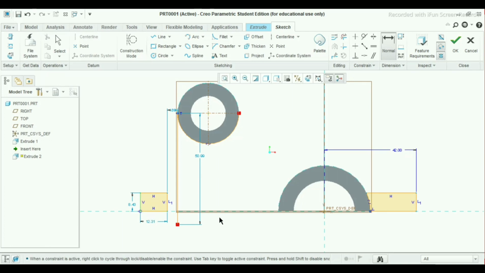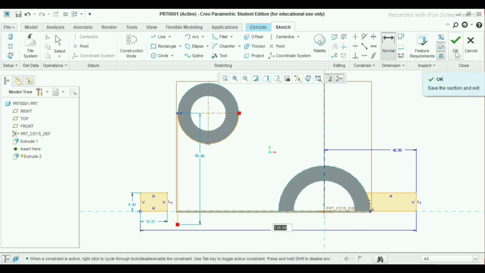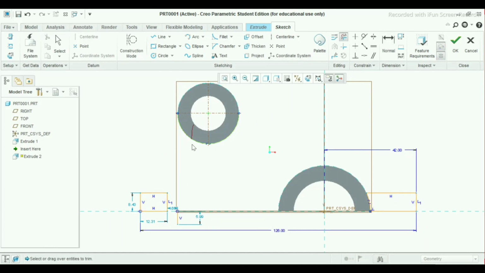Select this line and this line, and delete these extra lines that we have created. Thickness will be 8 mm. Okay. Make it here 15 mm distance.